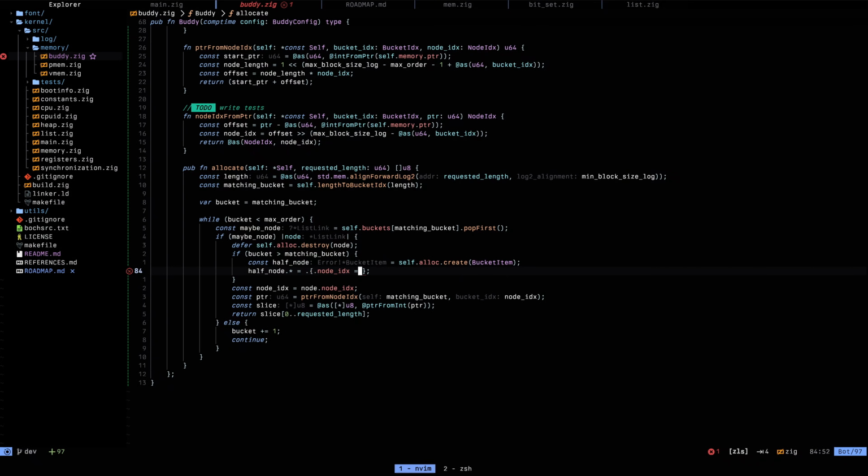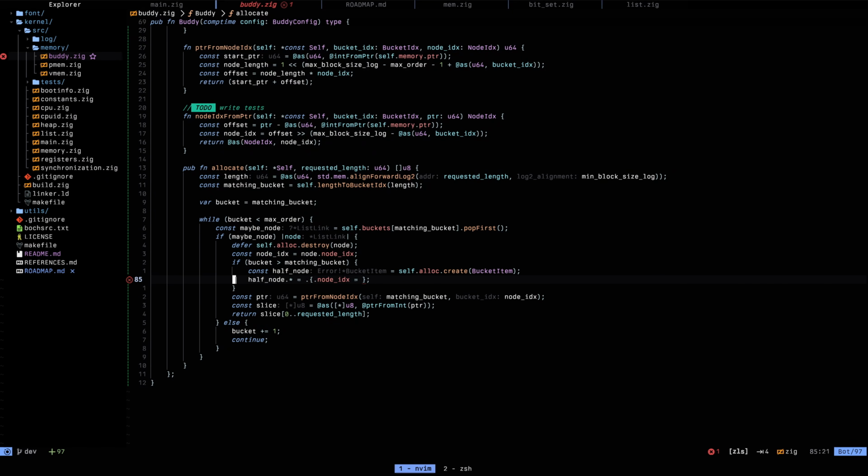And node index here should be whatever the node index of our parent is, so let's move this up here. This should be node index +1, I believe. Because if we are splitting this into its two children,